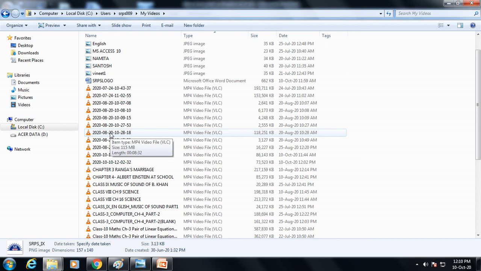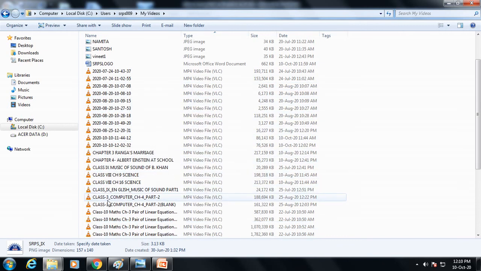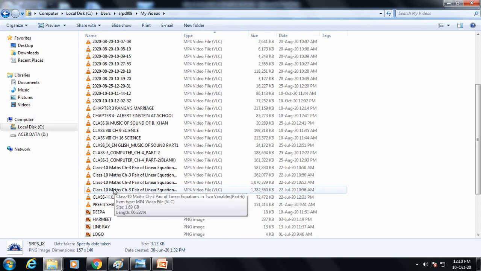This is consuming this much memory of the computer. As you see this file, 189 MB, 149 MB. In this file, class 10 maths, this file is consuming memory of 1.69 GB.